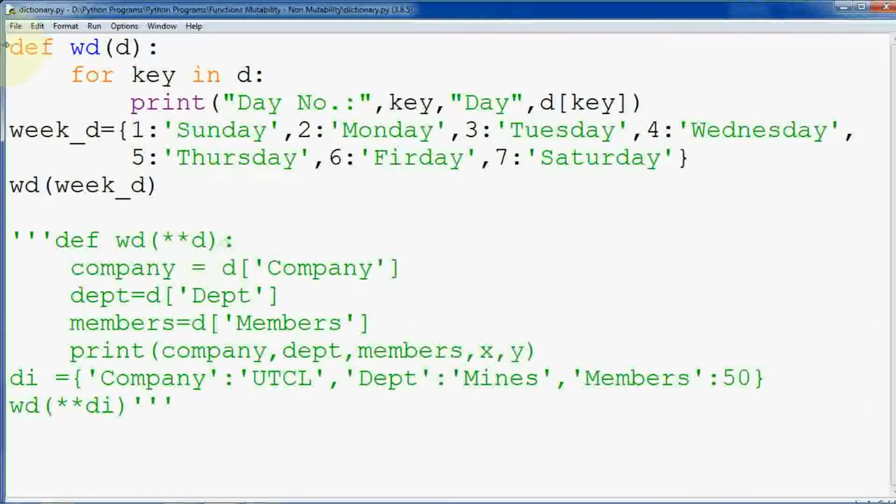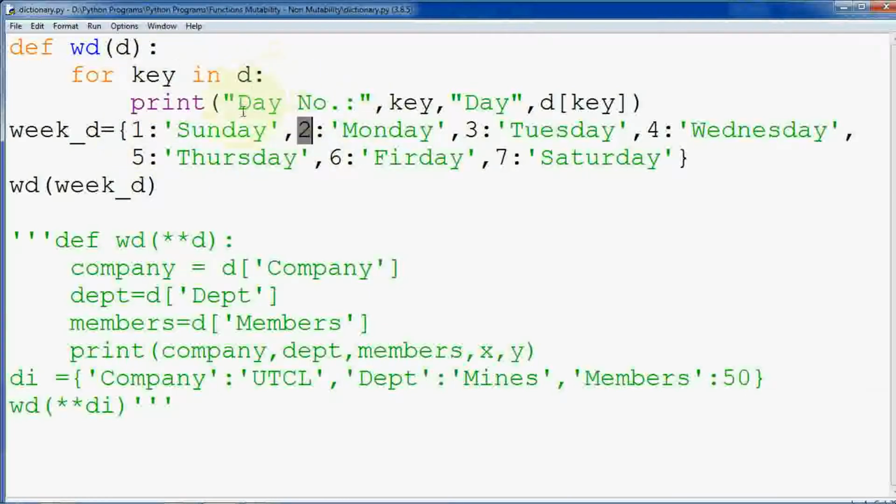First version is like this. I have declared the dictionary. The dictionary I have created, and in this dictionary I have stored day number and day. 1 Sunday, 2 Monday, like that. And I have traversed this by using loop. That also you know in class 11th you have done already. For key in D means key value. This is called key and D means the day.